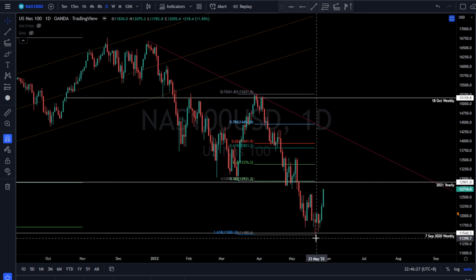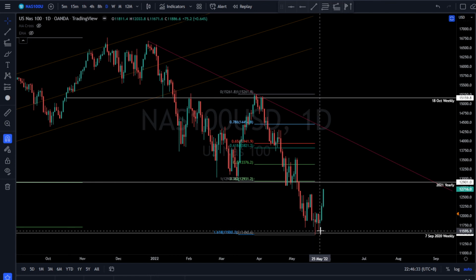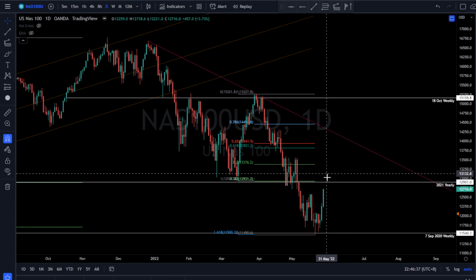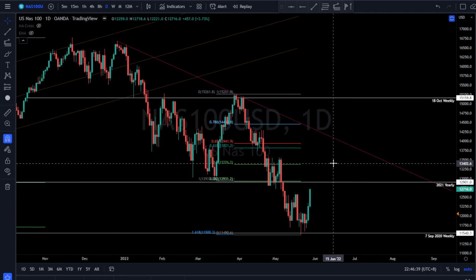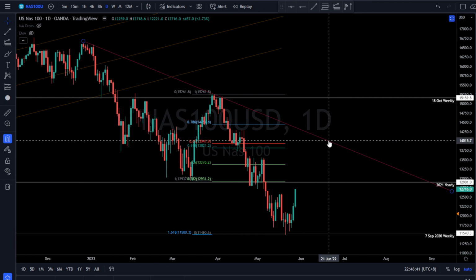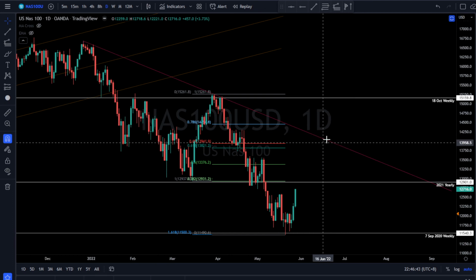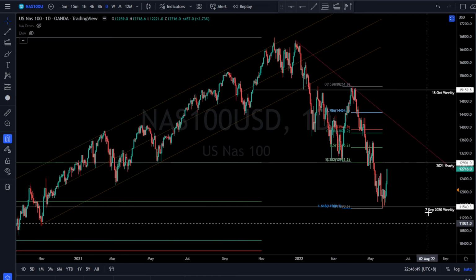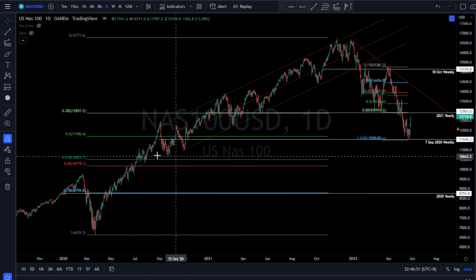So in terms of catching this low, I did post this out on Twitter, so do check it out on my profile. It's pinned up there for now. And yeah, so price coming up to these Fib levels, before we decide whether we want to break out of this trend line over here, or if we're gonna hit this trend line and then roll down and continue lower